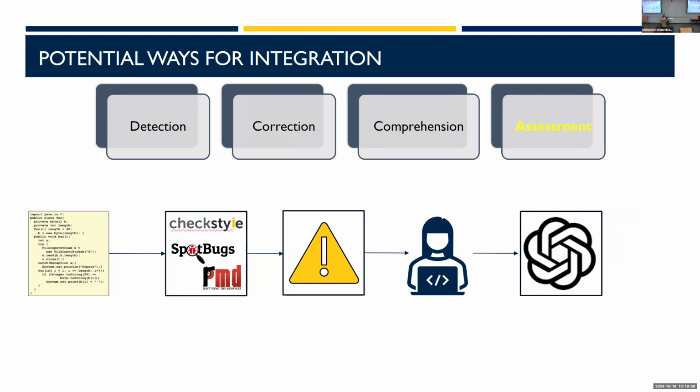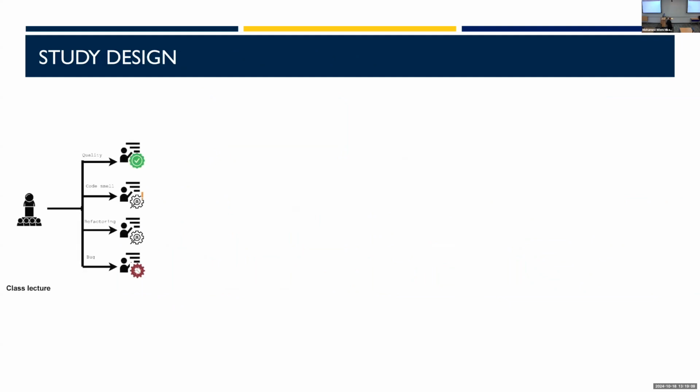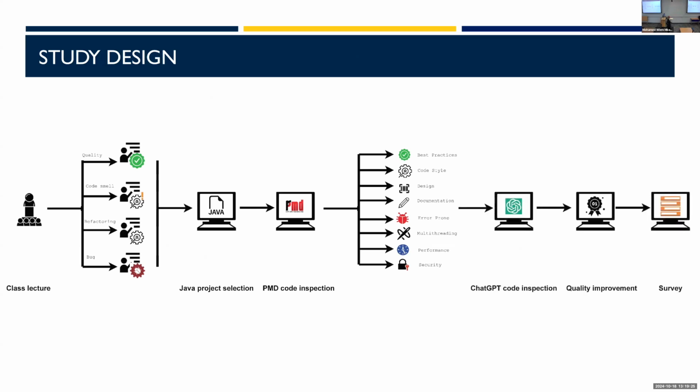Multiple ways, multiple strategies that you have to experience as an educator to do this, right? And you can think of many ways to do this, right? So what we have done in our design for our one dimension, we took the students, we teach them again, quality assurance, refactoring, and debugging. We use the models again to detect multiple types of issues, including best practices, coding styles, design, documentation, multi-threading, performance, security, etc. And then we use now language models to evaluate and help the students better refactor their code. Okay.